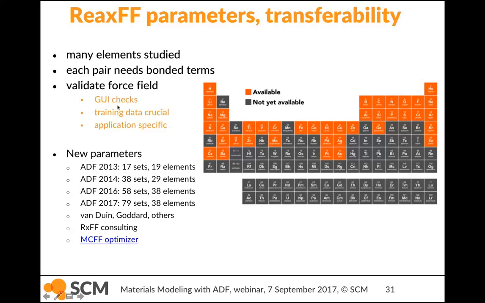So when you set up your system, there's a check saying, okay, these are the force fields available. Perhaps some of the parameters are not available. There's also a move towards making it easier to optimize your own force field. And so in ADF, we have this MCFF optimizer, which allows you to build your own force field and re-optimize that. But currently still the best way of getting new parameters is collaborating with the two world-leading experts in this